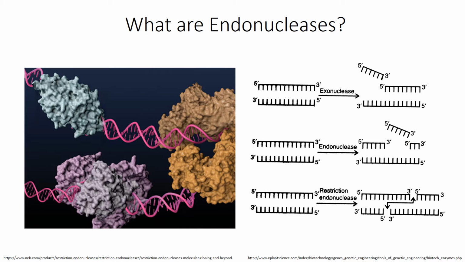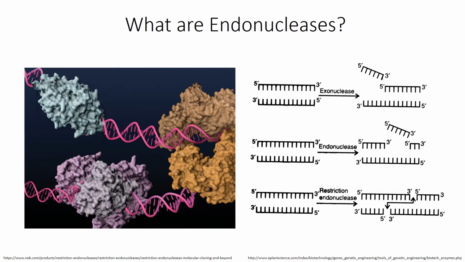Endonucleases were discovered and isolated from bacteria and can be broken down into several classes. Restriction endonucleases have been around for a long time and are found in labs all around the country. They generate breaks in the backbone of the DNA at specific sequence locations and are useful because they generate overhangs, as we can see right here, which allow scientists to mix and match pieces of DNA, putting them together kind of like a puzzle. While restriction endonucleases are important, the most exciting class of endonucleases, at least at the moment,